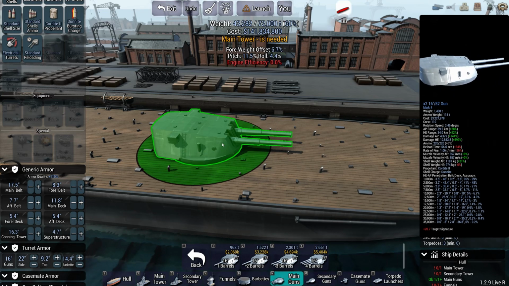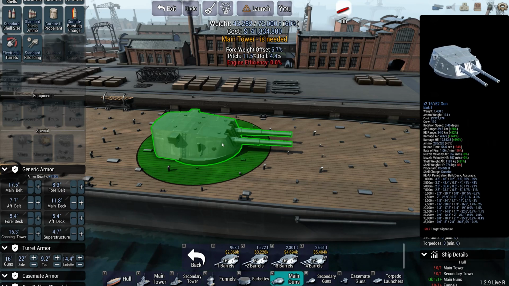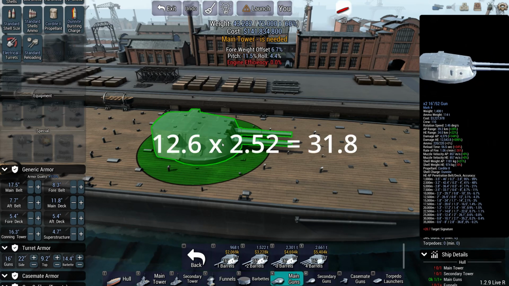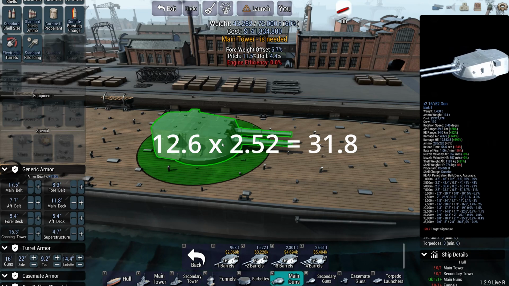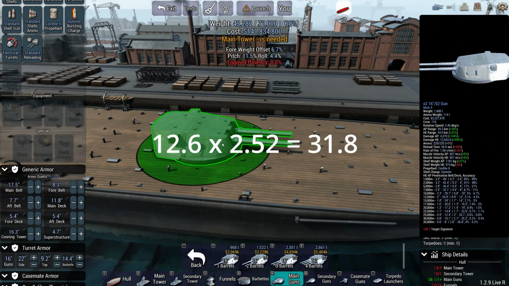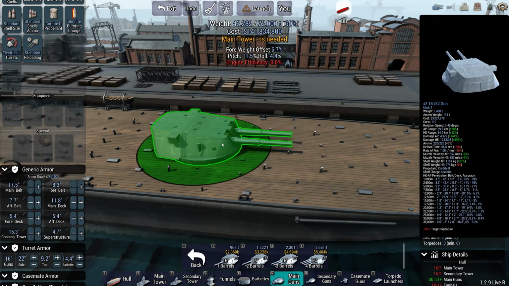So to convert the 12.6 inches into the thicknesses that we see in the penetration table, which, you know, is base thickness or effective thickness or whatever you want to call it, we need to multiply by 1.52 plus 1, so 2.52, to get our effective thickness. And that is, when we convert it, 31.75, well, 752, but just call it 31.75. So the magic number we're looking for is 31.75